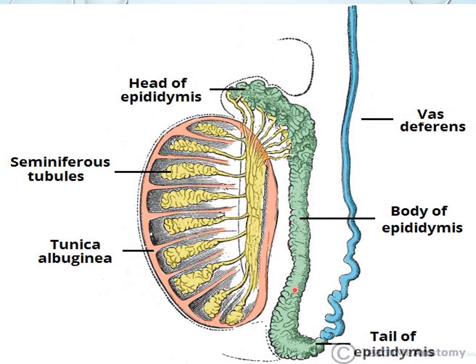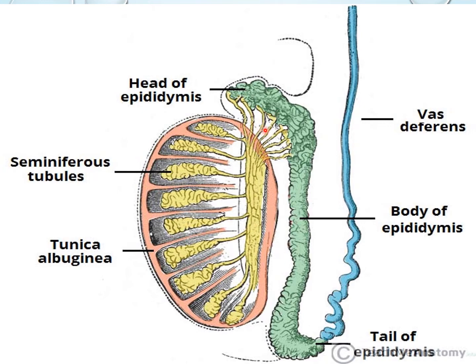This green colored structure is the epididymis. The proximal part is head of epididymis, the middle part is body, and the distal part is tail of epididymis. Then this is the efferent ductules. So the head of the epididymis is connected to the testicle via efferent ductules. The sperm is formed here, as we have seen yesterday in the previous video. The sperm is formed in the seminiferous tubules that will be transported to epididymis via efferent ductules.